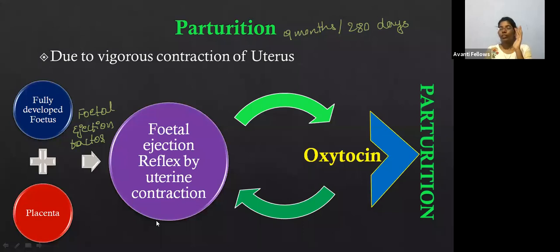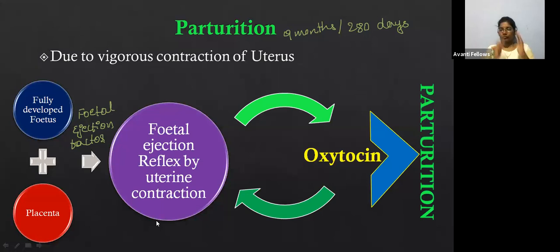Yes or no? But this contraction is not a very high contraction. This is just a mild contraction. This is called the fetal ejection reflex. Yes, Prathamesh, I'm telling you that now. First understand this: the fetal ejection factor stimulates the uterus, and that uterus is going to contract. This mild contraction of the uterus is called the fetal ejection reflex.